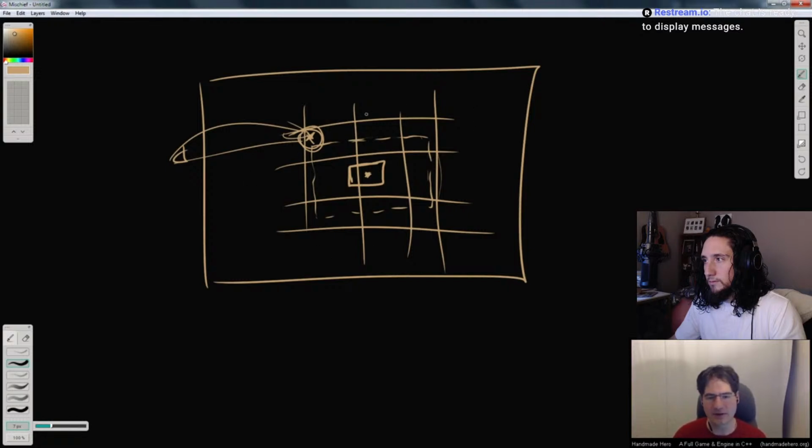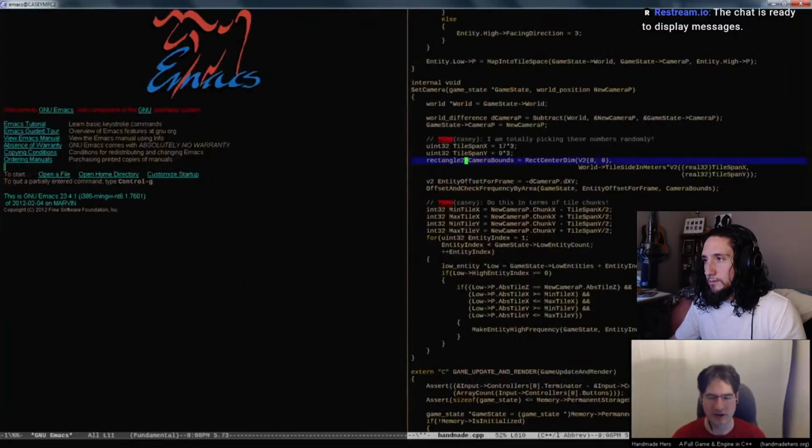And so I think that argues to me that maybe I will be more specific about the checks. So what I'll do is a conservative coverage. I'll say, give me all of the tile chunks that overlap this rectangle, the camera bounds. And then I'll loop through the entities as I pull them in, and if they would be outside of the camera bounds, we will skip them, right? That way we don't pull in anyone who shouldn't be pulled in. And I'm just going to say that that's roughly how we do things.